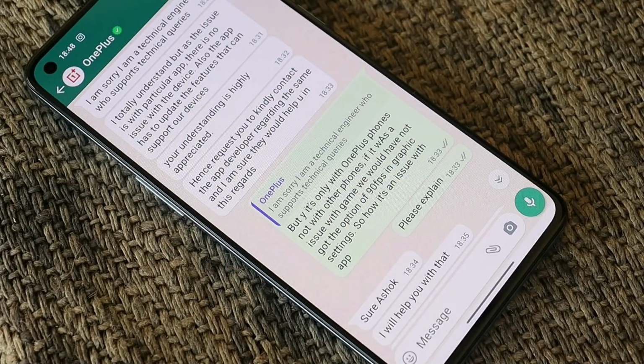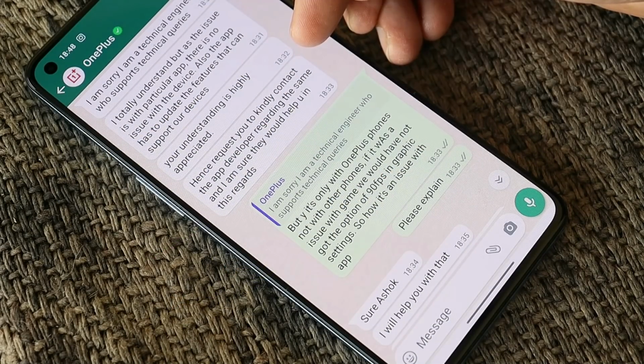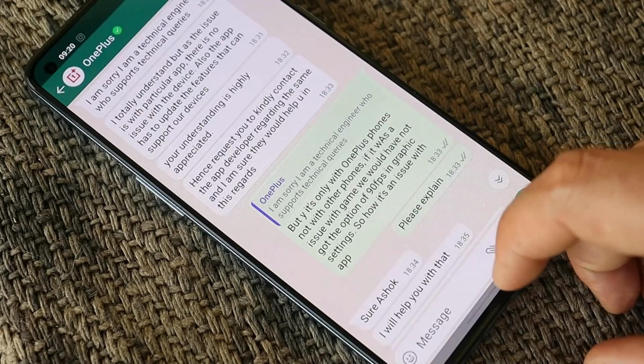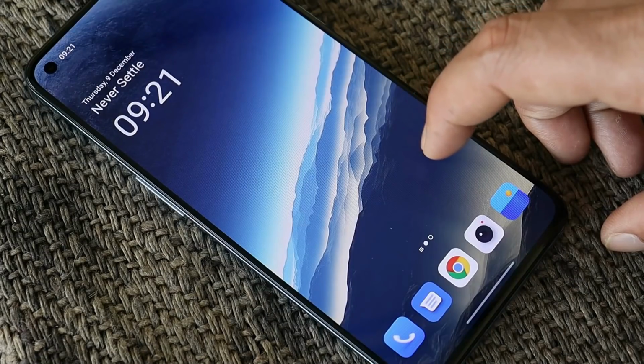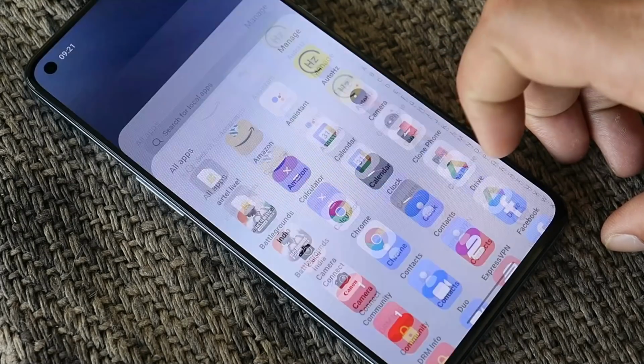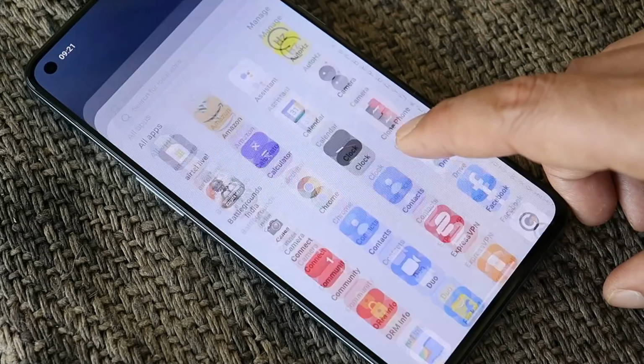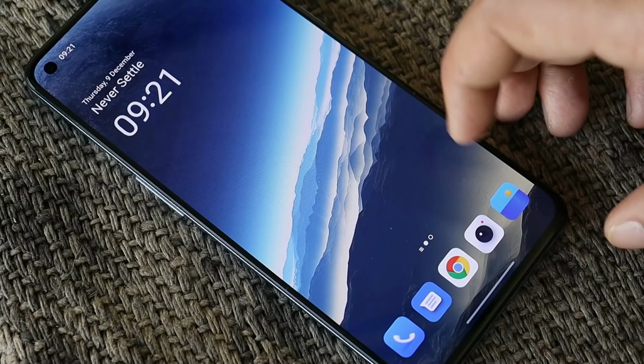And for that I spoke to the OnePlus support team, and this was the answer from them. This is not an issue with the OS, you need to contact the app developer to get the support of 90 FPS on your device. And this was completely a wrong statement because Battlegrounds Mobile India is not specific to any device. If your device has good hardware, then obviously you'll get to see 90 FPS in the graphics settings. So I'm not sure what's wrong with OnePlus here and how much time it takes for OnePlus to fix this issue.